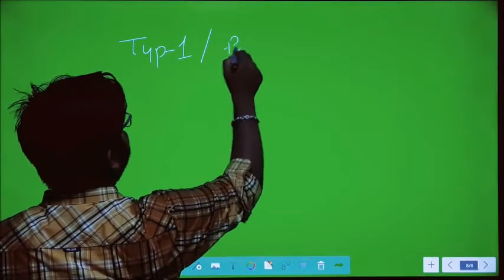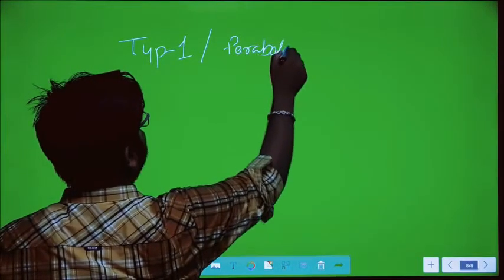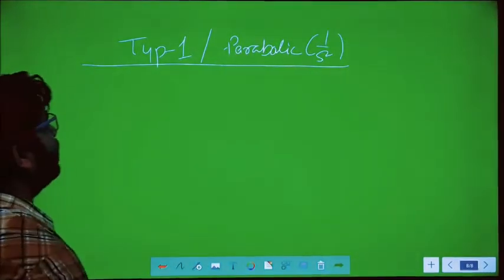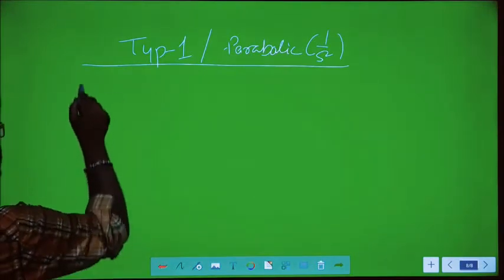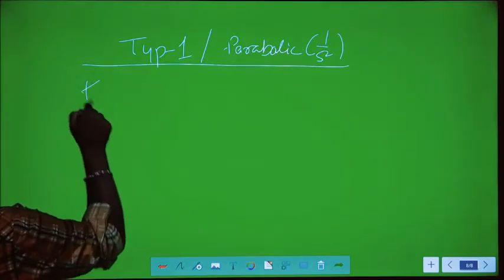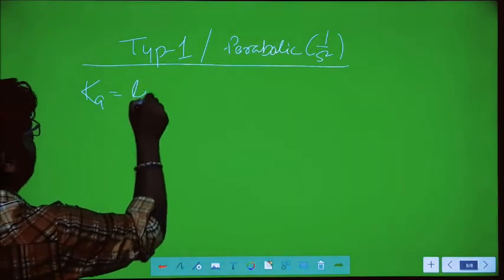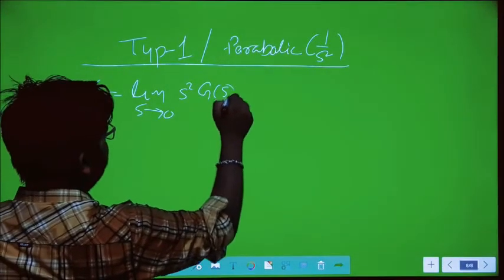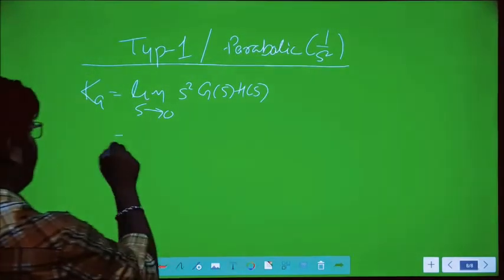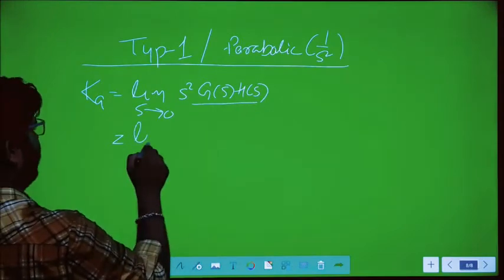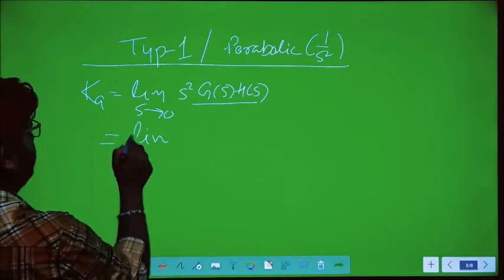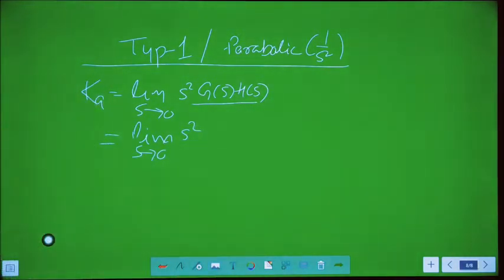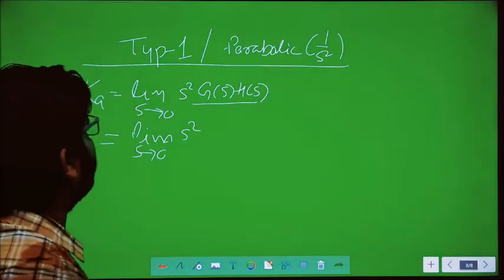Input will be parabolic input. Parabolic input means 1 by s square. Let's do this for parabolic. What is the error constant for parabolic? It will be Ka, the acceleration error constant, which can be written as limit s tends to 0, s square G of s into H of s. And we have seen that G of s and H of s, the open loop transfer function,